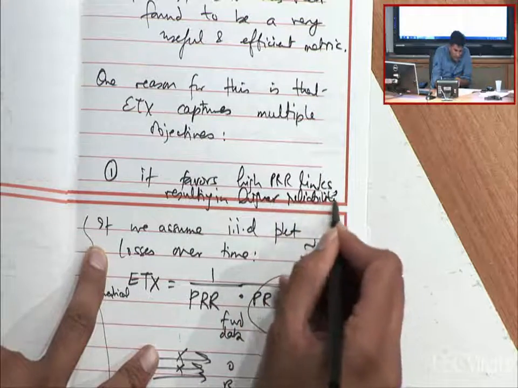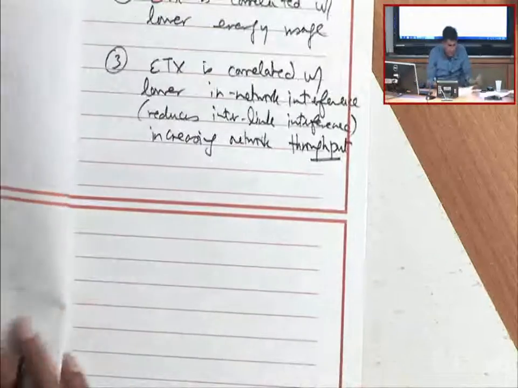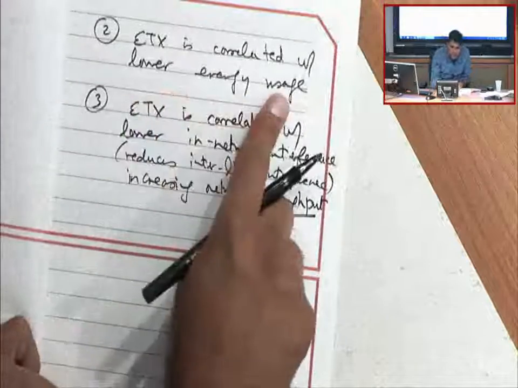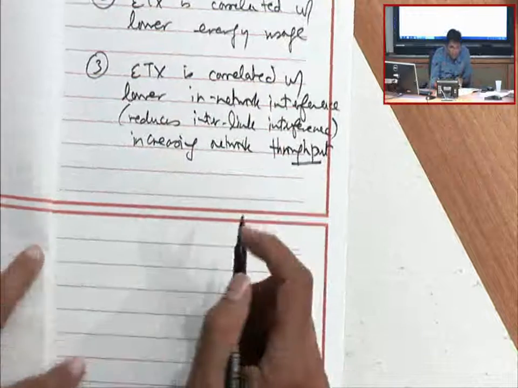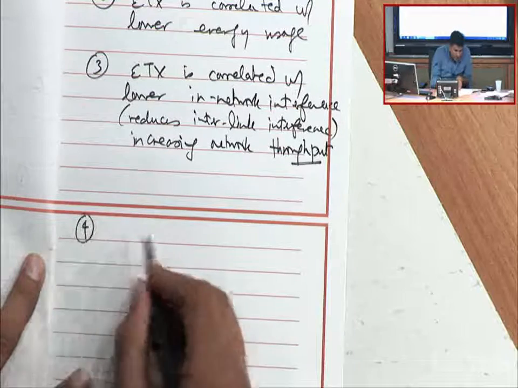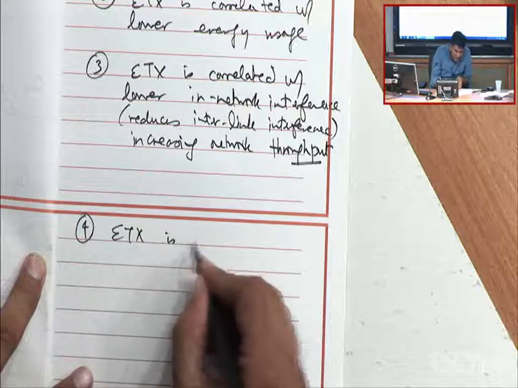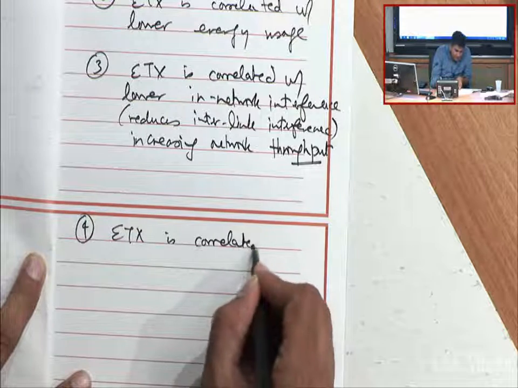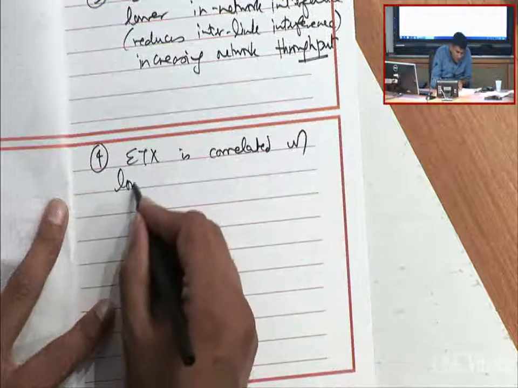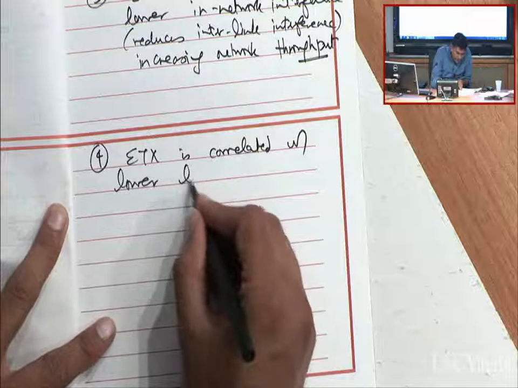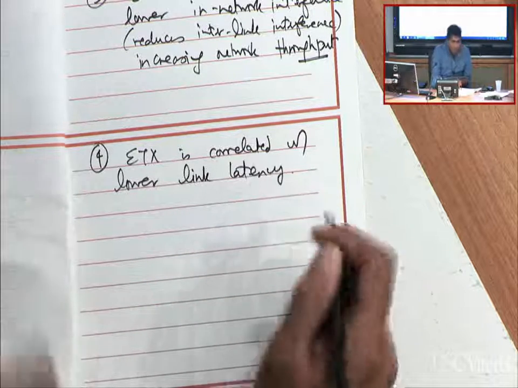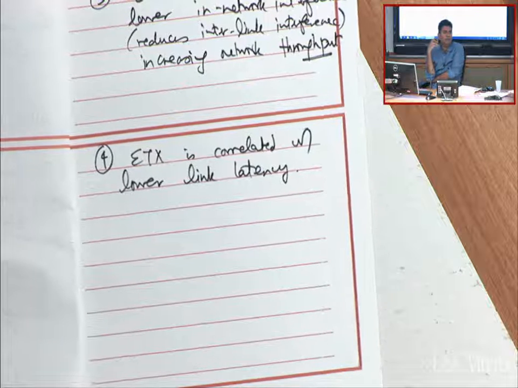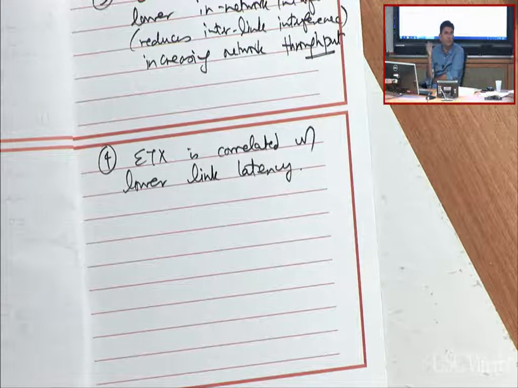So you have less chance of losing your packets. Second, it's correlated with lower energy. Third, it's correlated with higher throughput because you reduce the overall interference load on the network. Fourth, ETX is correlated with lower link latency. So now, because on average it takes me fewer transmissions to move my packets through, it also means